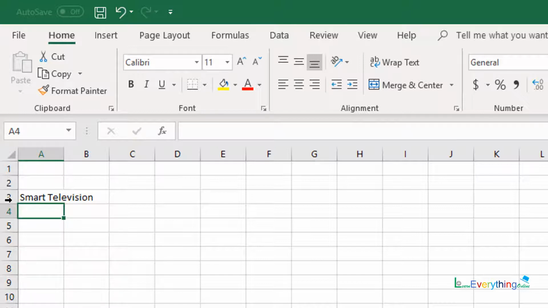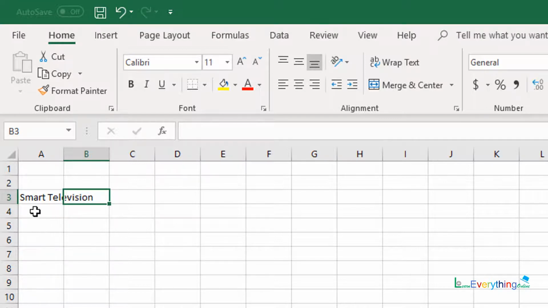You can see that the word smart is in cell A3 and a portion of the word television is seen in cell B3. Is it that part of the word television is inside cell B3? It's not like that. I will again click in cell A3. Now just have a look at the formula bar. In the formula bar, you can see the entire text smart television when cell A3 is active. And if I click in cell B3, B3 is now active, and on the formula bar I can see nothing. This indicates that in cell A3, the text smart television is completely stored, and cell B3 has nothing and is completely blank.